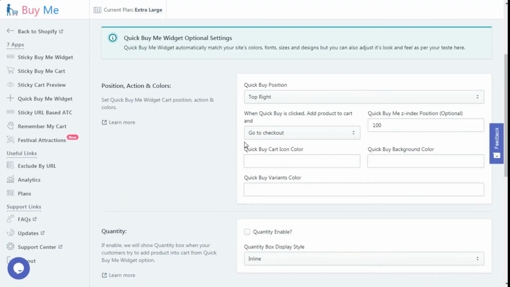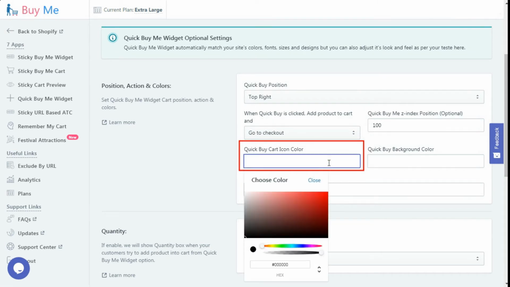The next option is Quick Buy Cart icon color. Using this option, you can set the icon color of the Quick Buy Me widget. When you set the color, it will reflect on desktop as well as on mobile. Here, you can select the color from the color picker which appears when clicking on the box.